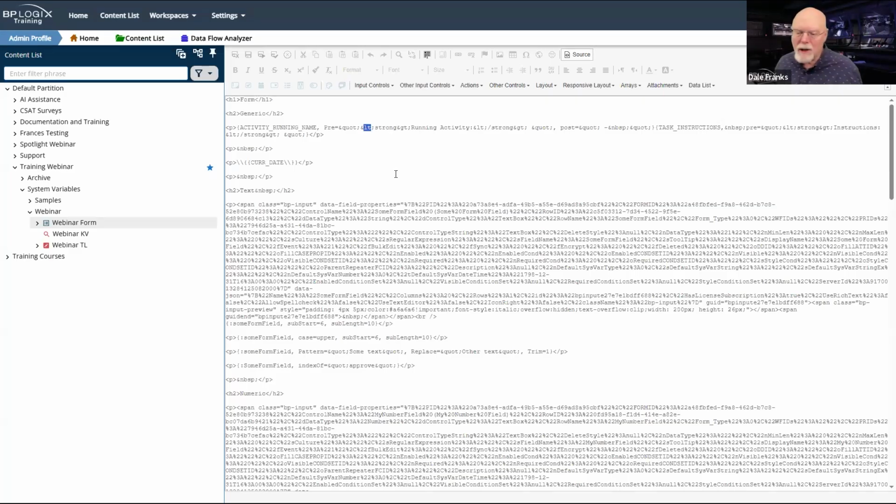Most of the time, if you try to throw HTML code in, what you will see if you look at the source code is that it will make it safe for submission. So it will save the left and right arrows, actually called less than and greater than, as their HTML representation.